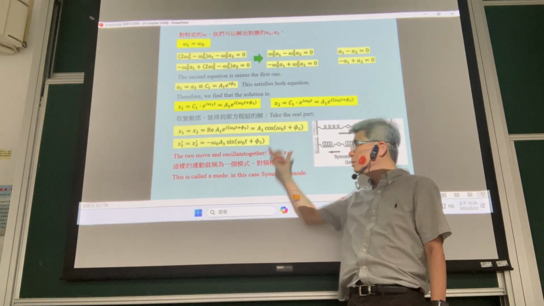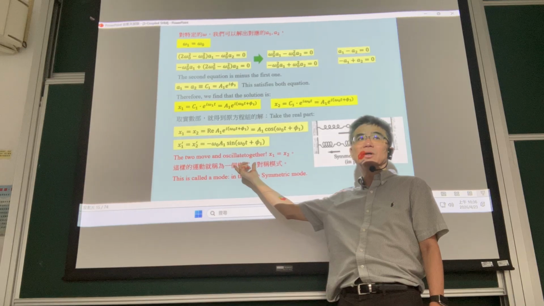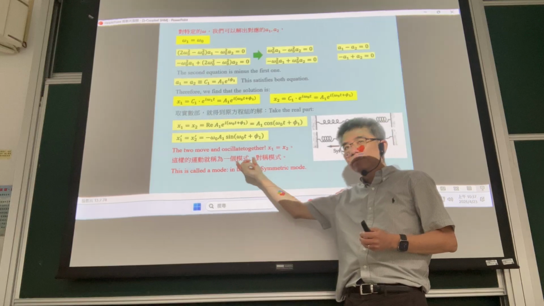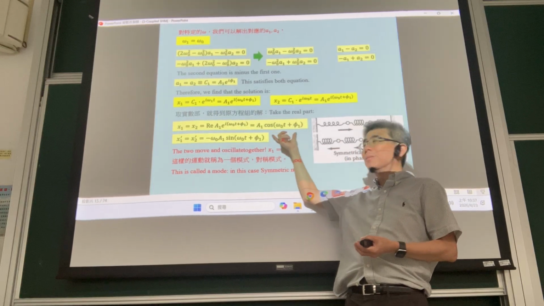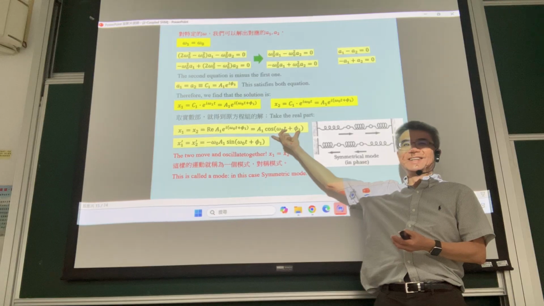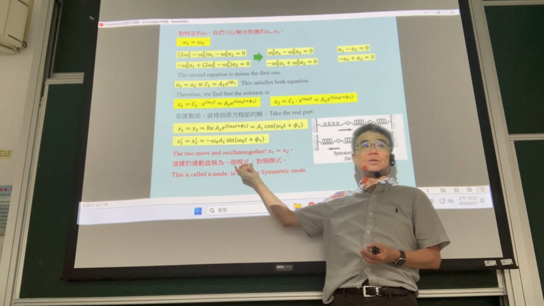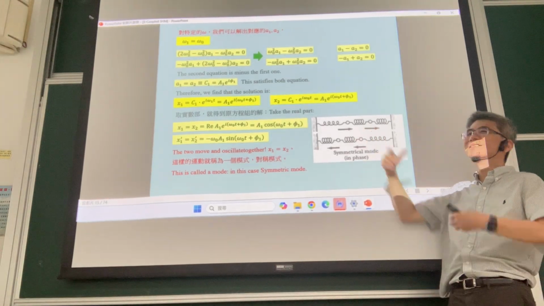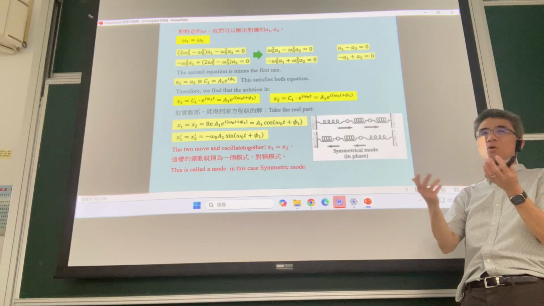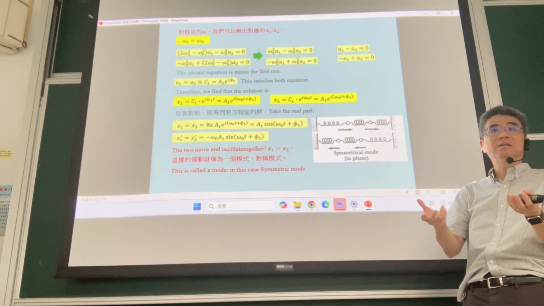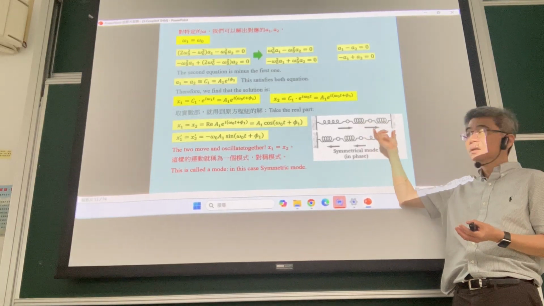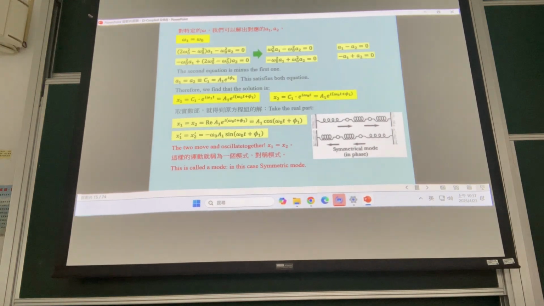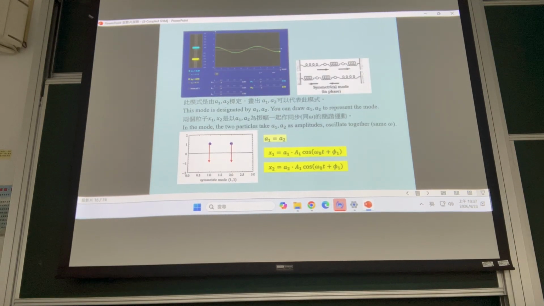Okay, so this kind of mode, we call it, because it becomes an oscillation. Whenever you see oscillation, we call it a mode, because it looks exactly like simple harmonic motion. Remember this word. If you find anything that looks like a simple harmonic motion, then it is a mode. 模式，它就是一个模式。And this mode is very elegant because it has a very simple characteristic. 有一个非常非常简单的特征，because the two move together, so we call it symmetric. OK，叫做对称模式，对称模式。